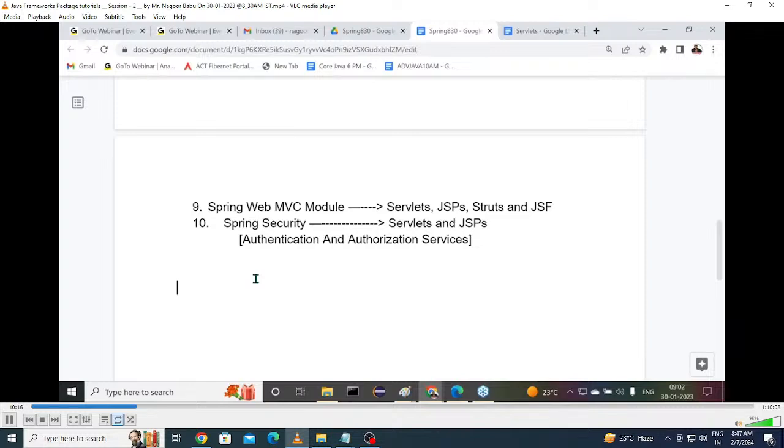Today, even though it's theory, don't think of it blindly. To prepare the first Spring application, it may take minimum 10 days of time. Minimum 10 days of time it will take to start the first Spring application. To type a hello world program, if you want to show on my system there, 1 week to 10 days of time minimum it will take. So up to that time we have to understand theory only, complete theory. Why? Because we need to get very strong in the basics, the foundation.